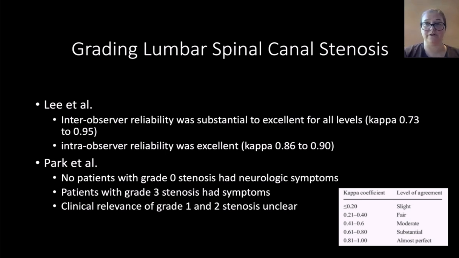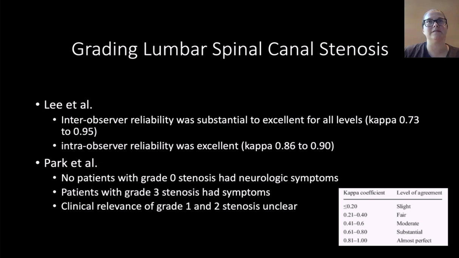Some of the other classification systems for lumbar spinal canal stenosis. So Lee has one that I find quite easy to understand. We'll have a look at that in a second. Park as well. So just understand, and again, I think in an ideal world, if you start at a new